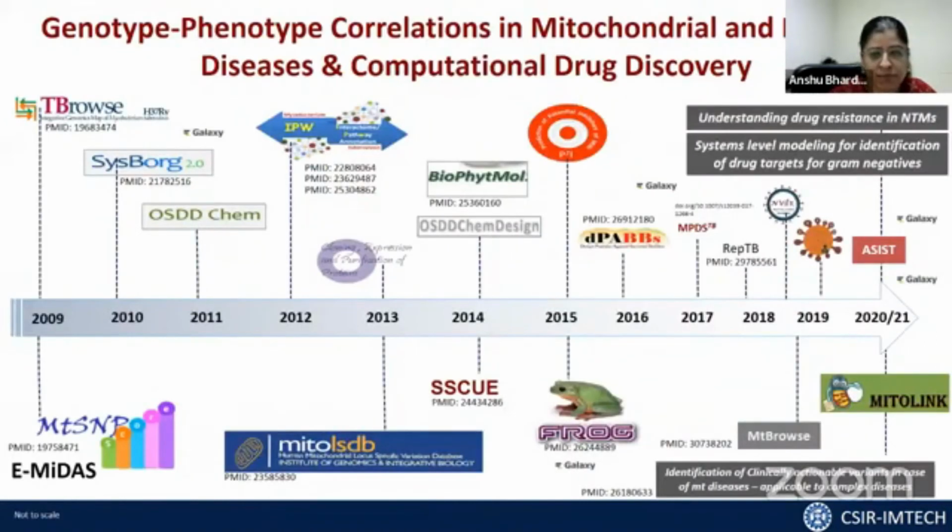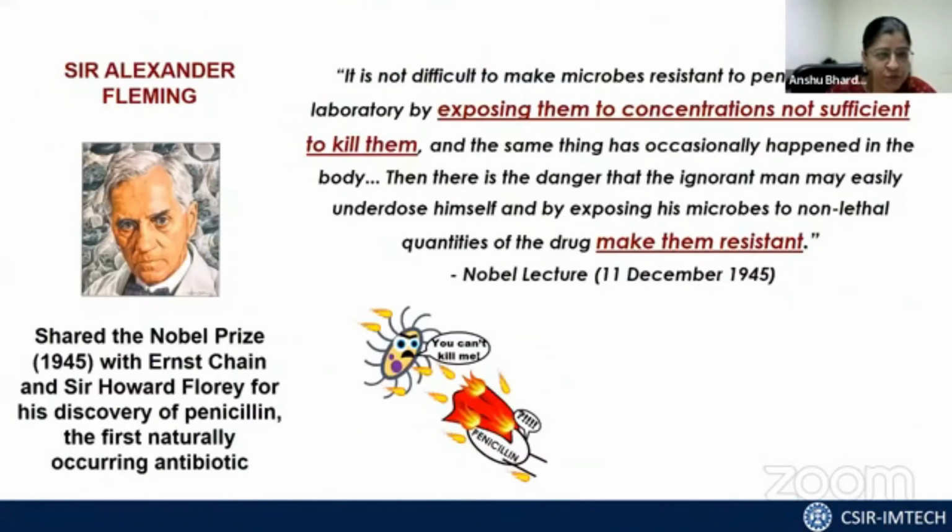Now, as I told you, my lab works on 2 domains. One is AMR and antimicrobial resistant infections, and the other is mitochondrial diseases. I would like to show you something very different that we have done in the last 2 minutes. For some of you who do not understand what antimicrobial resistance is, I'm actually shifting gears here. So there's no more genomics from now onwards.